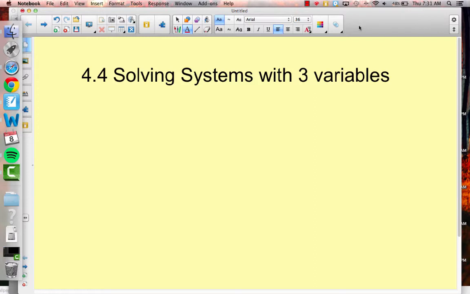Just know that you need to show your work, and it's very important that you're organized with your work. That's going to be the most helpful in being successful in these problems. So first off, I just want to show you what a solution looks like if we're solving a system with